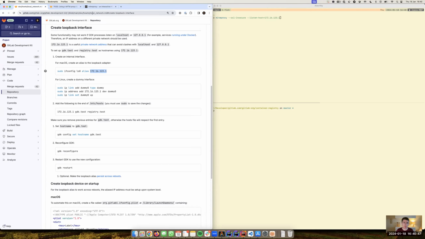And there are instructions for this on the GitLab GDK documentation. This allows us to assign a virtual fixed IP address to one of the network interfaces, and that way we can talk with our machine localhost from within a container without problems. So that's what I'm doing here. I'm telling the man-in-the-middle proxy to start and listen on the loopback interface.